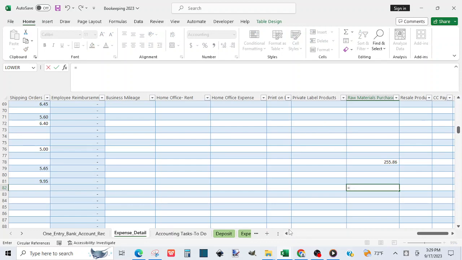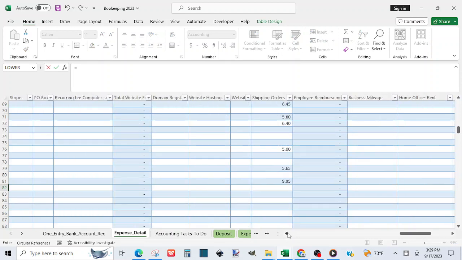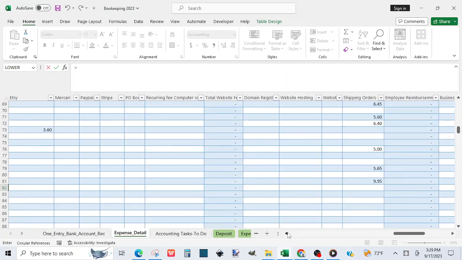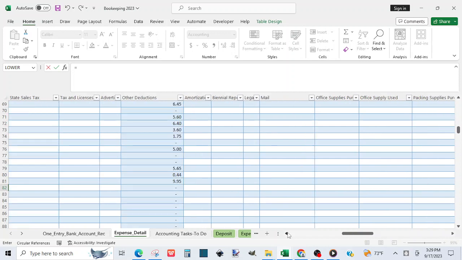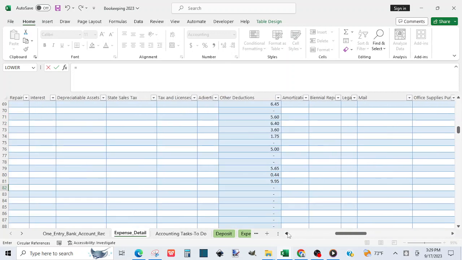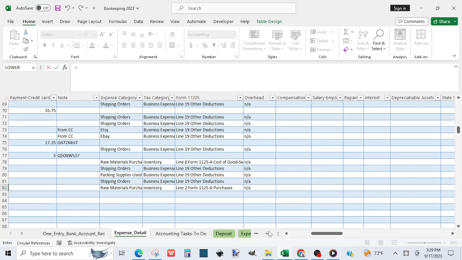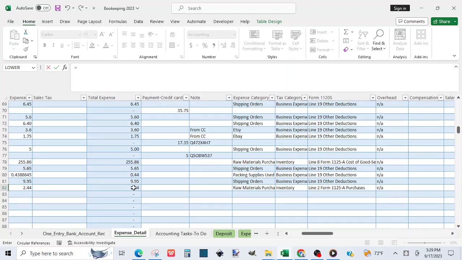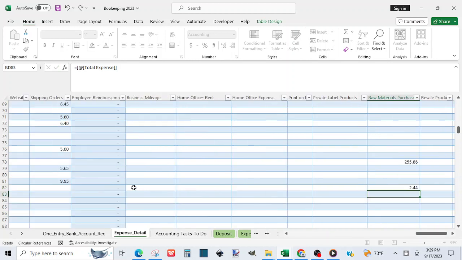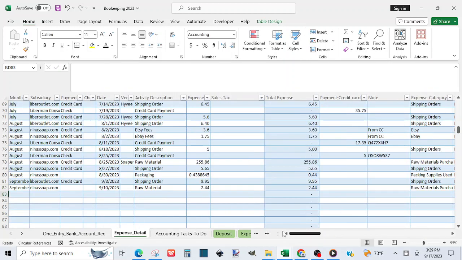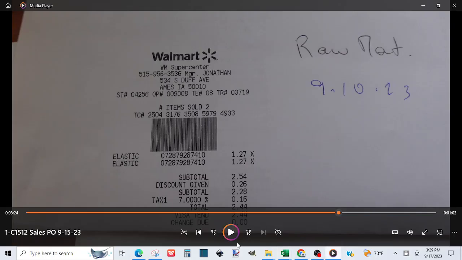So it is a raw material, so we just enter equal there, and we make sure we are on the right row, and it will be the raw material. So that raw material, we enter it on our inventory spreadsheet, and we enter the expense on our expense spreadsheet as well. So now we will continue,